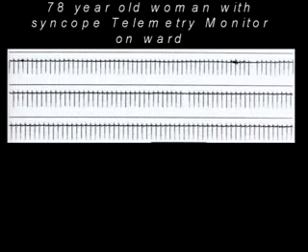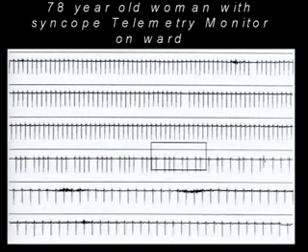On the second strip, there's one that's missed. On the next one, there's none. And you can see that that is perfectly regular. Go on, next again. I want to show you what happens next to prove the diagnosis. We end up with 4 to 3, 5 to 4, 4 to 3, and then 3 to 2 near the end of the strip. And after that, we have 2 to 1.